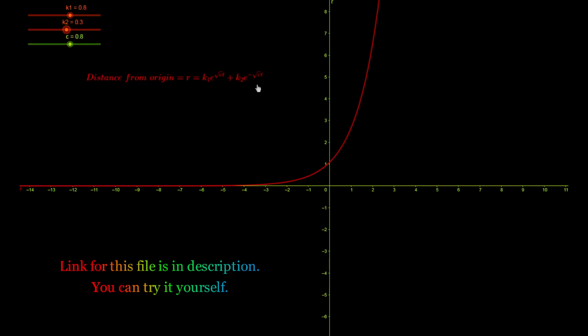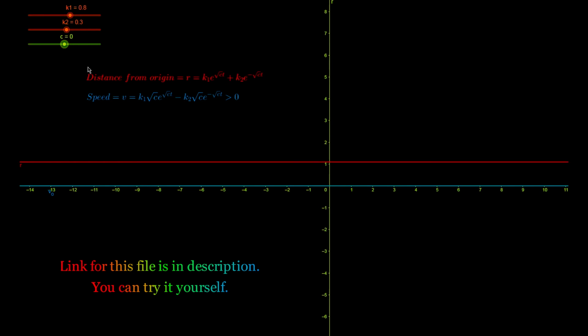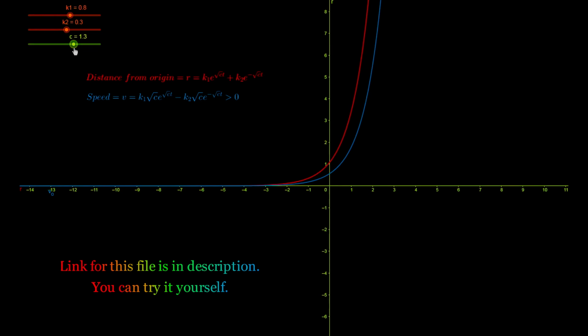When you differentiate this expression of r with respect to time, you'll get the expression for speed of the particle. It is given in the question that the speed of the particle at time t equal to 0 is greater than 0. This means that the value of c, that is d theta by dt, cannot be equal to 0, because if c is equal to 0, then the graph of the speed of the particle aligns with the time axis, which cannot happen, as at t equal to 0, speed is greater than 0. Therefore, the graph of the speed of the particle is also an exponential function.